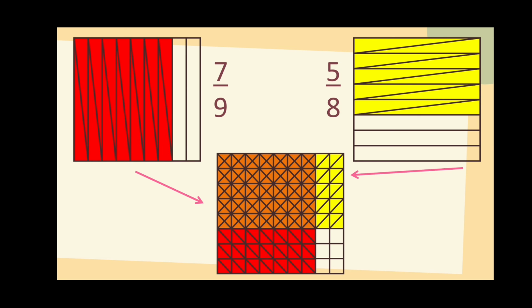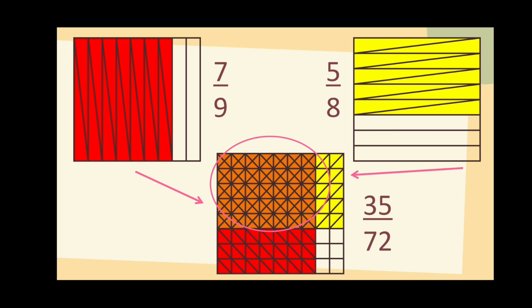So, may parts din dyan na nag-overlap. Yun na yung color orange. Yan. So, the number of parts na nag-overlap ay 35 out of yung panibagong total number of parts ng ating bagong illustration ay 72. So, therefore, the product is